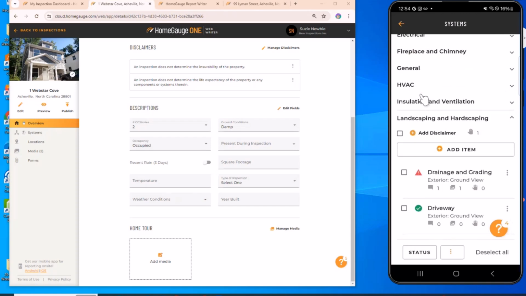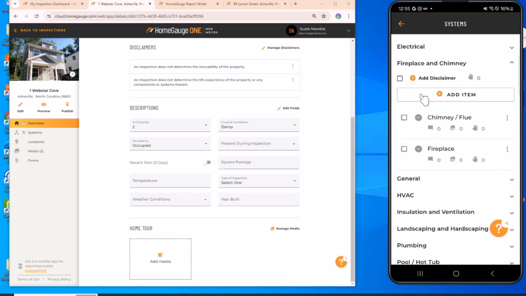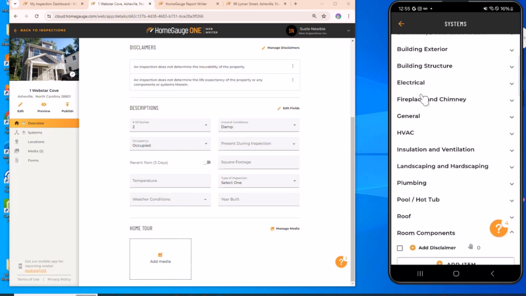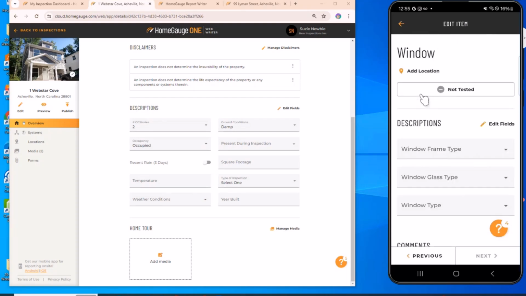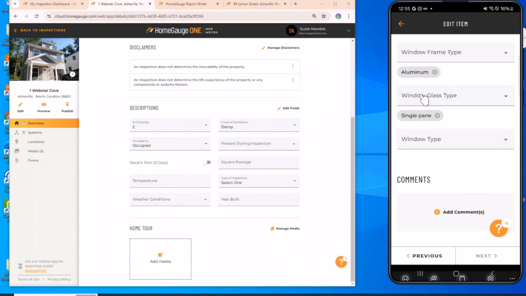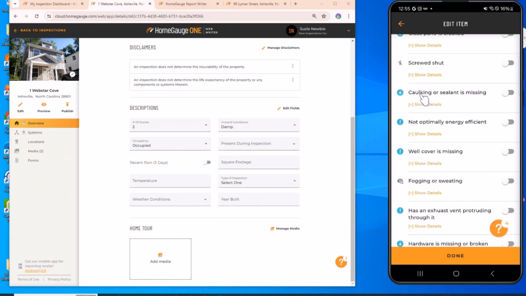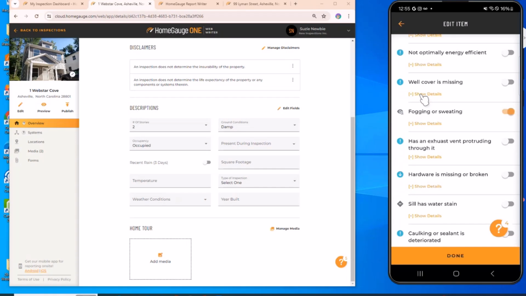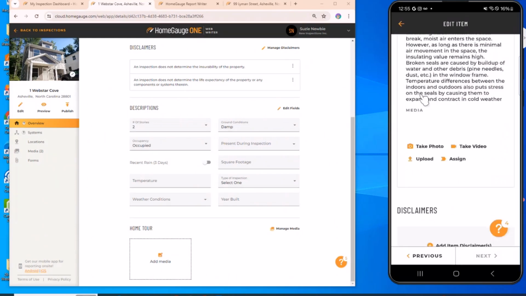All right, so that is how you go about adding a picture to a comment and adding a comment, adding a disclaimer, adding some description items, and how you navigate. So you can either pop around using systems like this, or you can use a room component, like let's say we're in Windows and we're filling out the different type of window descriptions. We add our comment. We'll say the window is fogging and sweating. We'll hit done. I can go down here where it says take photo and I can snap some photos,